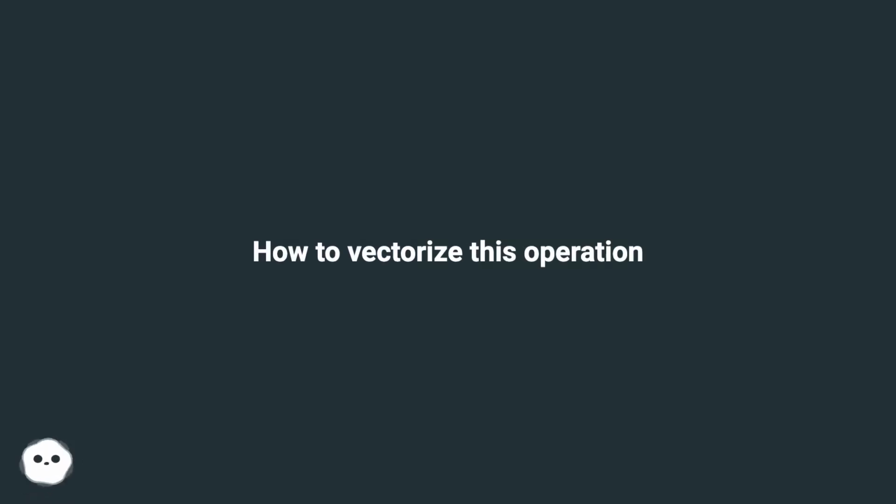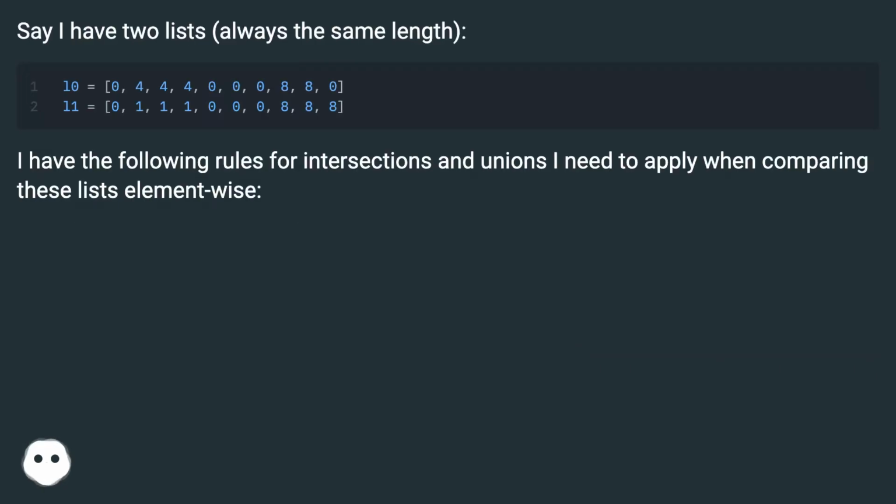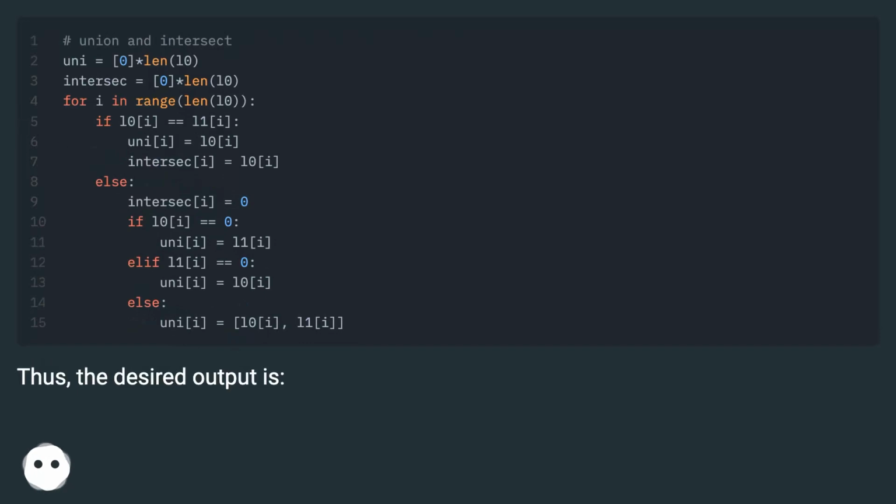How to vectorize this operation. Say I have two lists, always the same length. I have the following rules for intersections and unions I need to apply when comparing these lists element-wise. Thus, the desired output is